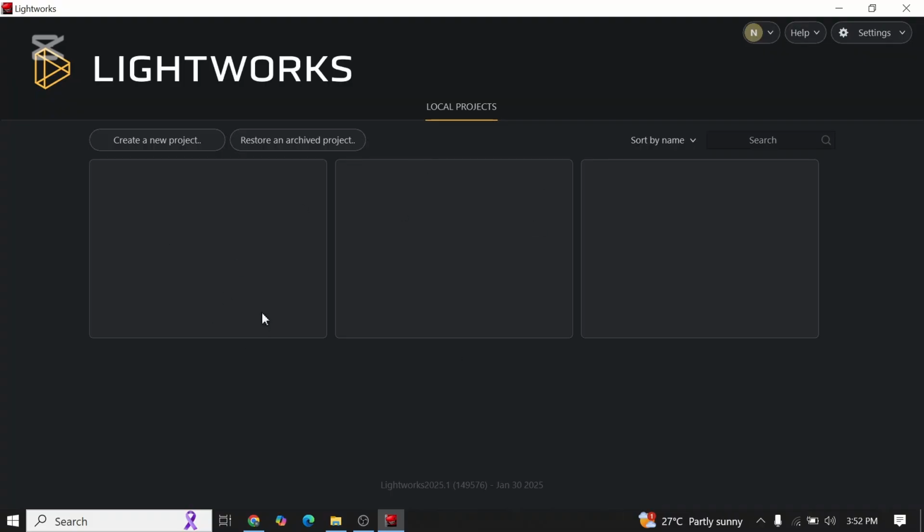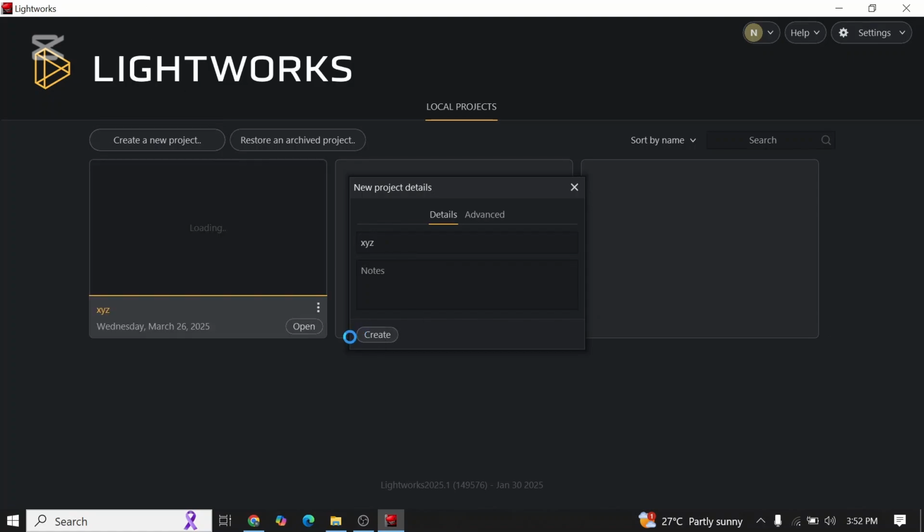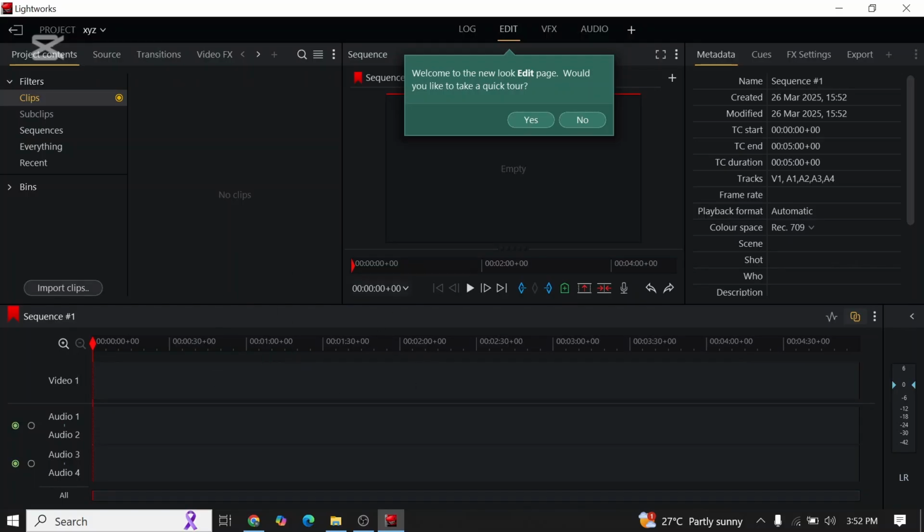After you open the Lightworks, now simply click on create new project. Now give a name to your project. After you give your name, now just simply click on create. After you click on create